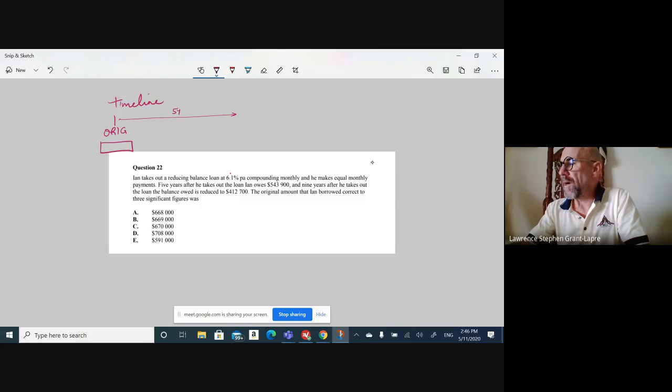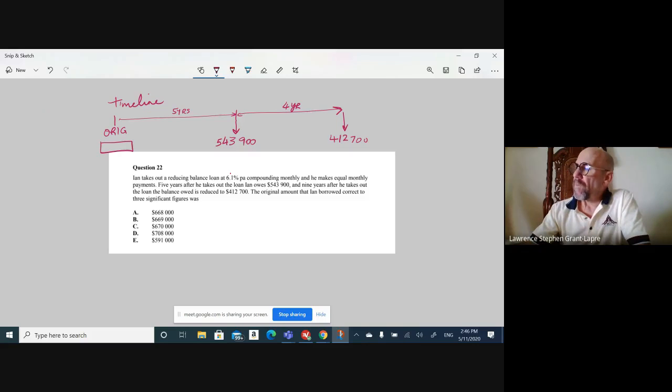In 5 years' time, the amount owing is $543,900. 4 years after that, in 9 years' time, the amount owing is $412,700. Now we take our Finance Solver, and the fields are N, I,